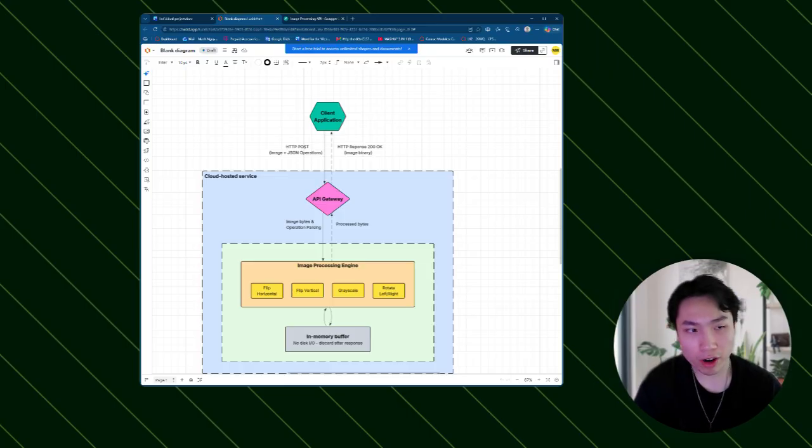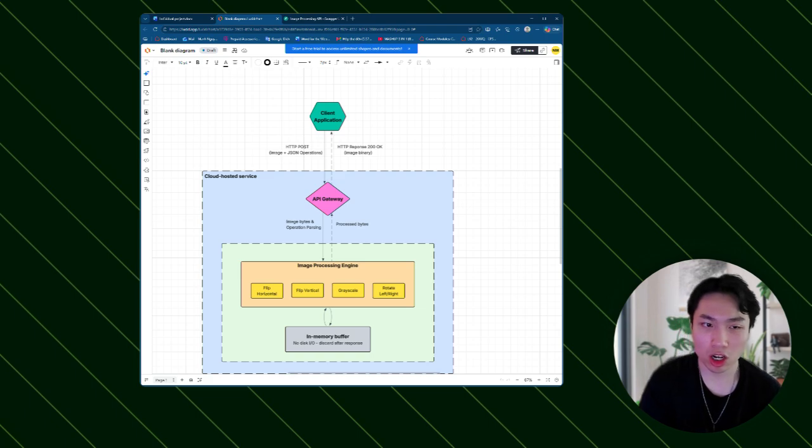Adding a new operation means just adding one function, with no changes to the existing code. And the last is the facade pattern, where the single process image function hides all that complexity from the caller. Now I'm gonna show you my